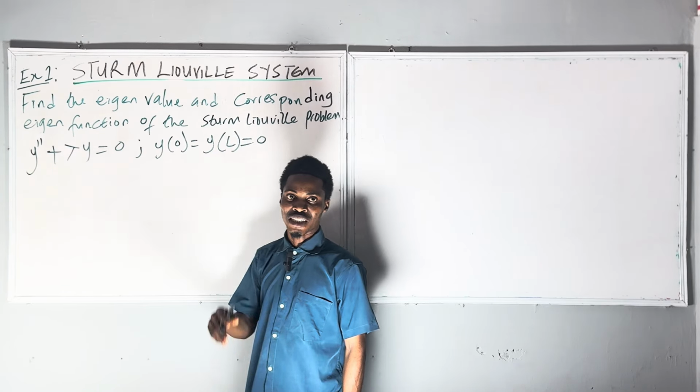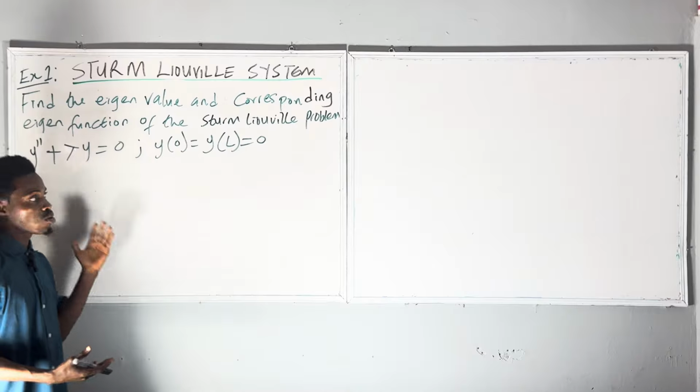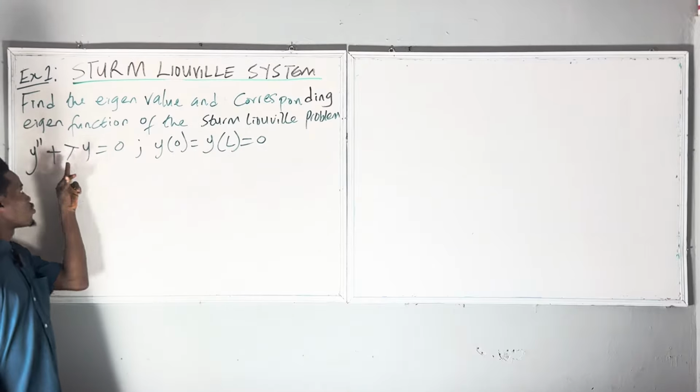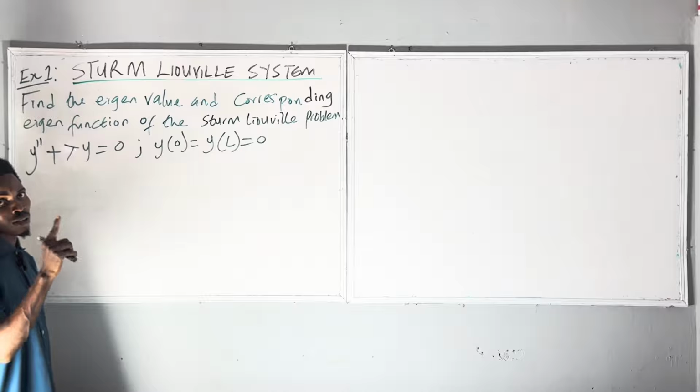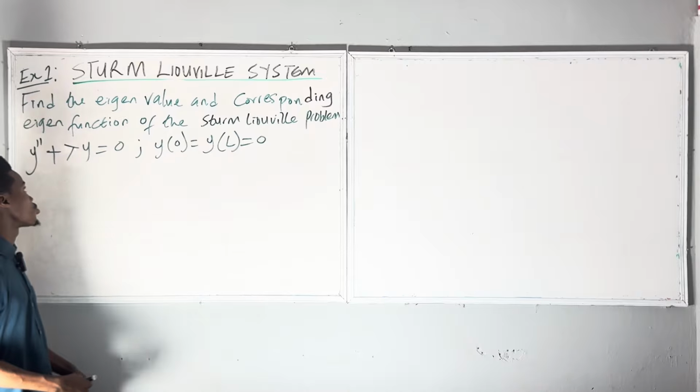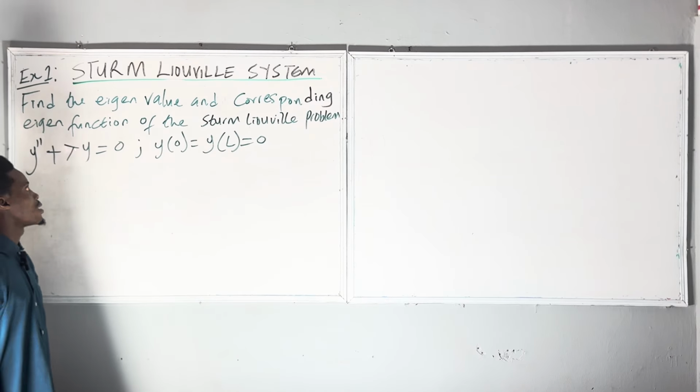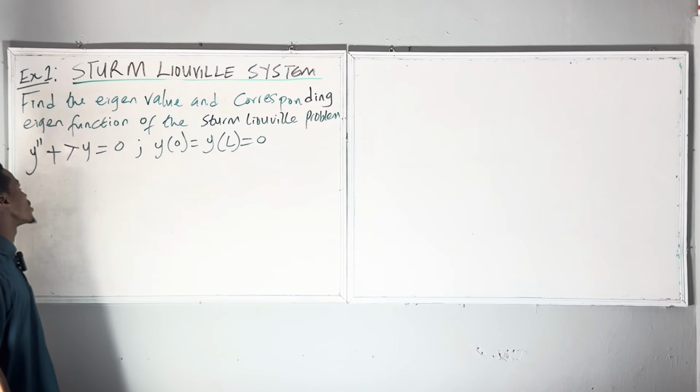So you can see that this is a Sturm-Liouville system, and as I explained in the previous lesson, our Sturm-Liouville system is the general form. But how are we going to look for this lambda? The first thing is to consider case 1, that is when lambda is equal to 0. Before we talk about when lambda is equal to 0, you can see that this is a second order homogeneous differential equation,